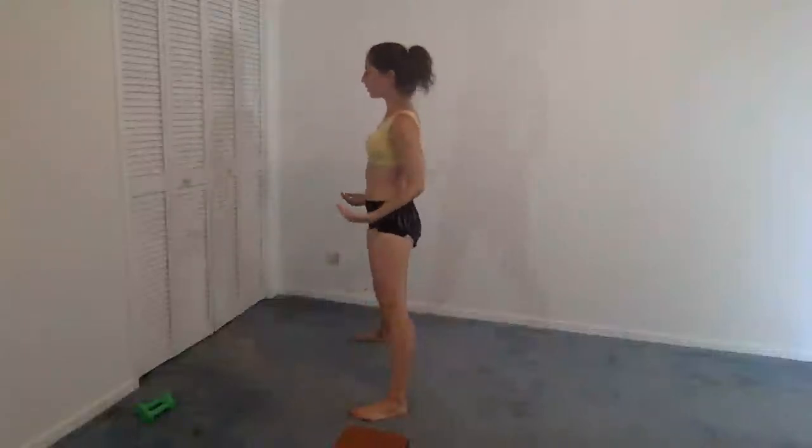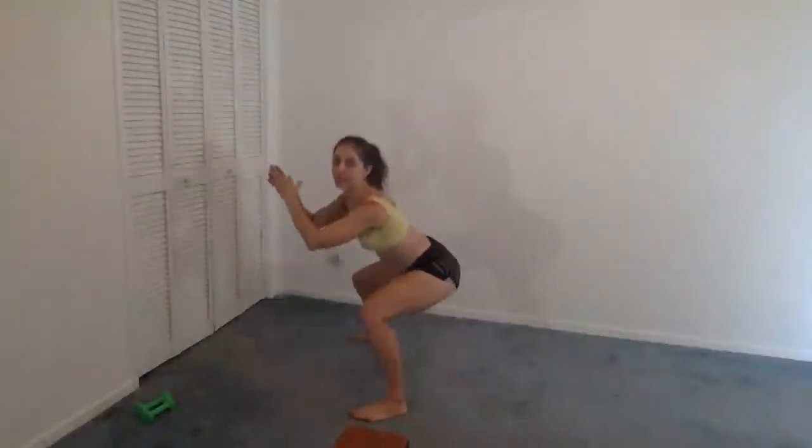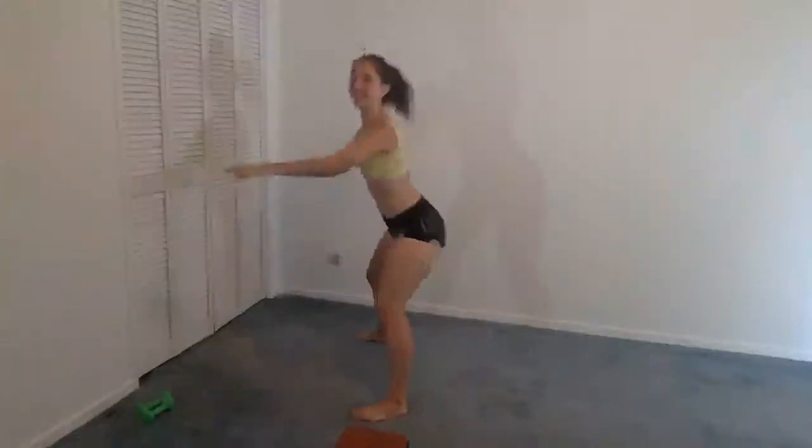So looking at me forward here, your chest is open and stays high the whole time. You're not collapsing totally down. From the side, you want your knees to be behind your toes, your glute to reach back like you're sitting down, and then getting right back up. Sit down, get back up. Breathe in and out as you push through. You've got 5, 4, nice, 3,